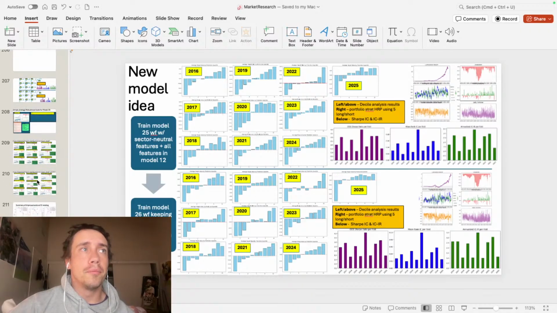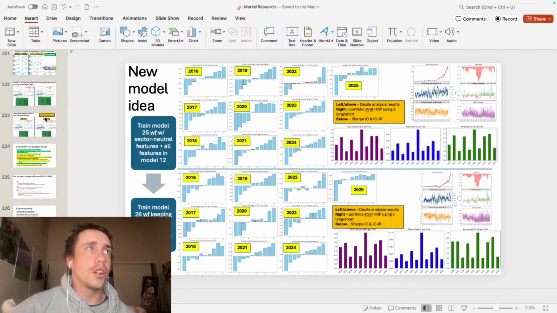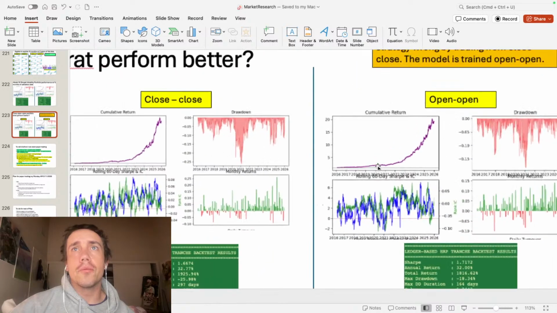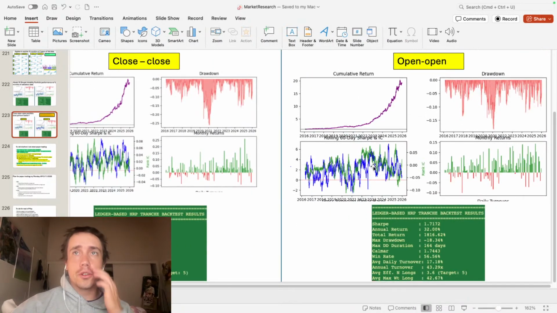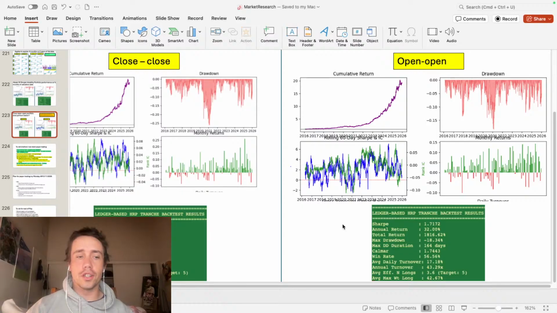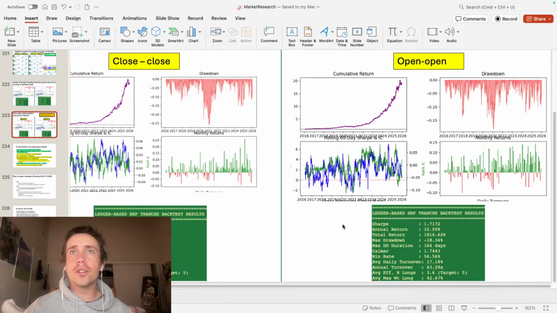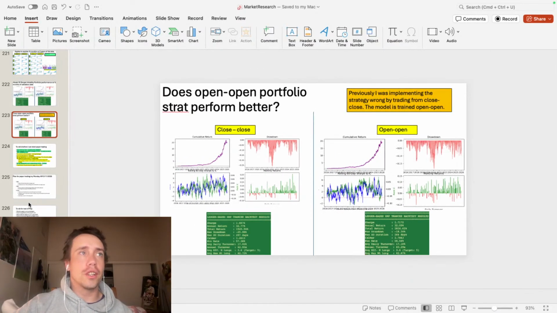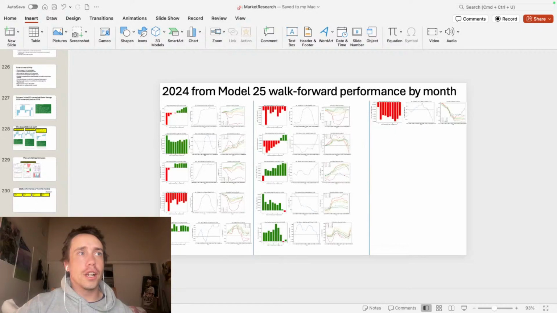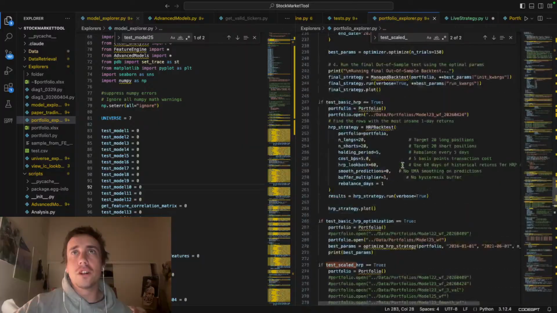Finally, I was doing the portfolio strategy on close to close. When I changed it to be open to open, this strategy looks really good. The worst drawdown is 18%. The worst drawdown duration is 164 days. So this looks really good, but it's failing during 2026. So yesterday I got the walk forward, including the 2026 data. So I want to go and get that portfolio today and then test it.